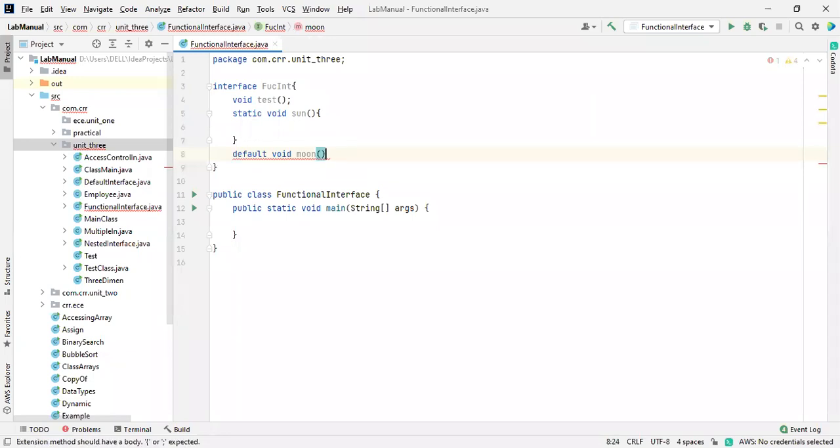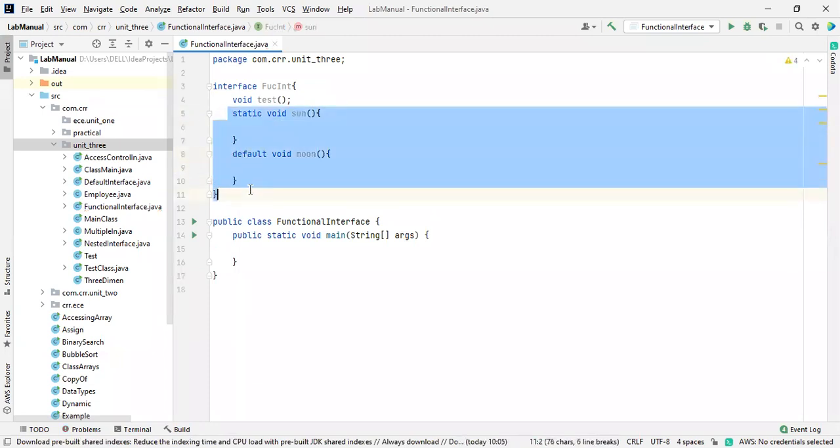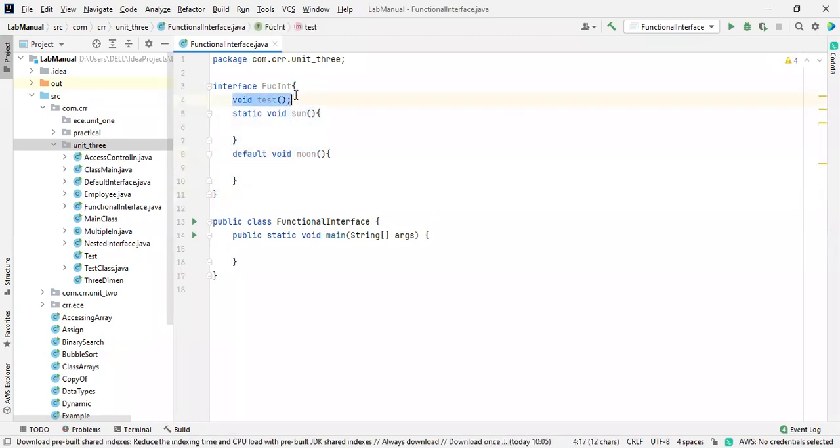This is a default method. Along with a static and a default method, we have only one abstract method. Why am I repeating this? If you want to show whether this is a functional interface, it should have only one abstract method which is not implemented, along with the static as well as a default method.